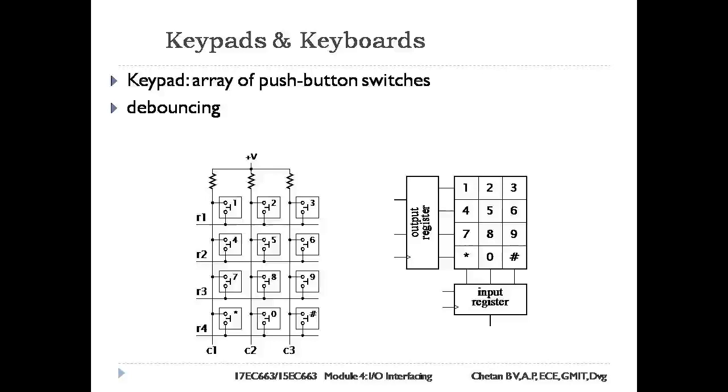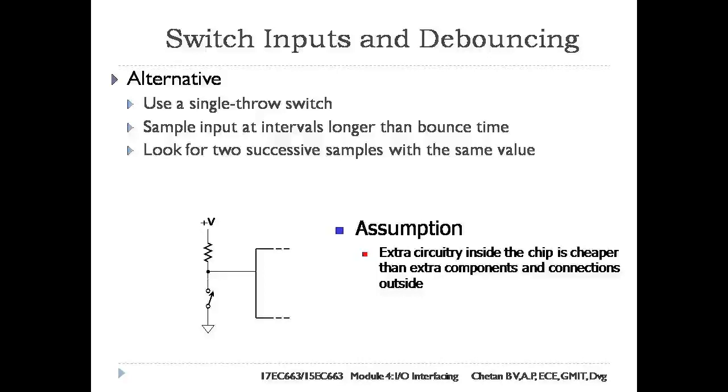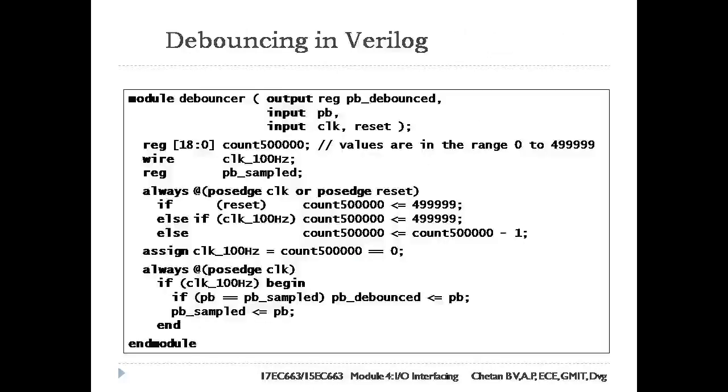As each key of the keypad is a push button, it suffers from a problem called contact bounce. Hence, debouncing circuits are required. The embedded software running on the processor needs to scan the matrix repeatedly. When it detects a key closure, it must check that the same key is still closed some time later, say 10 milliseconds. Keypads are suitable for small digital systems.